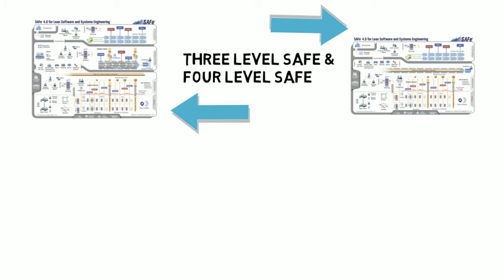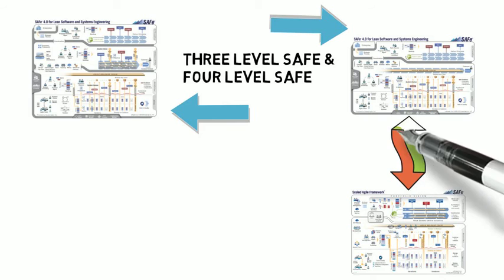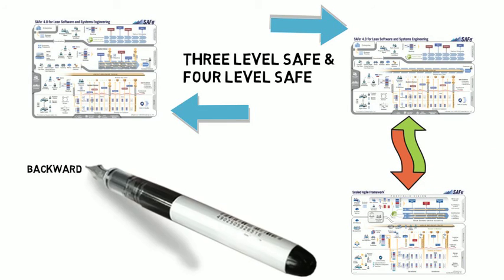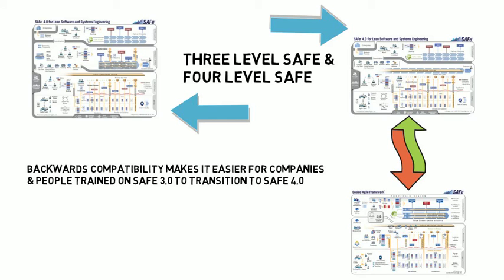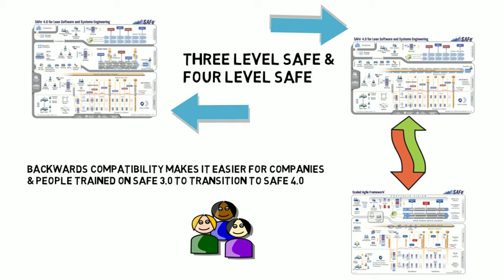And the 3-level, if you take a look at the picture here, as compared to the 3.0 version of SAFe, which is the previous version and quite popular, actually is very similar. So there's a lot of backwards compatibility. I think that gives a lot of comfort for people who've been trained on the 3.0 version of SAFe, and it makes it a lot less intimidating for them because they can just look and they can see really the parallels, and it looks pretty comfortable for them from the perspective of being able to understand at least that 3-level version